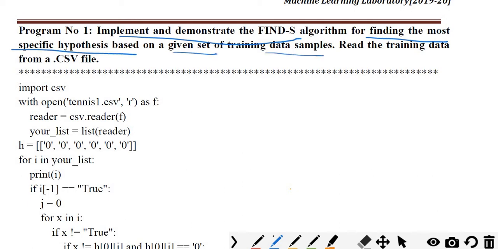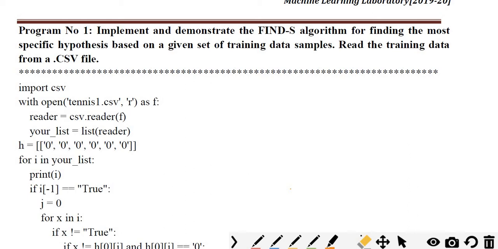The set of training data samples will be given to you in .csv files. First, all of you have to create the data set. Whenever in the machine learning lab or program we want to execute anything, first you should have the training data set sample, otherwise you cannot train the machine and the machine will not learn from your data.